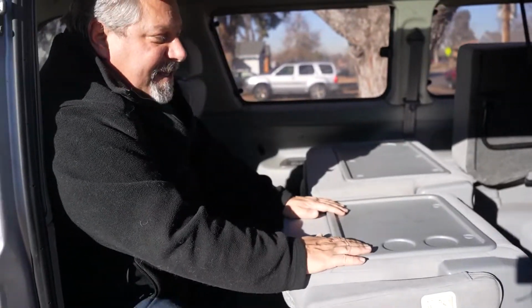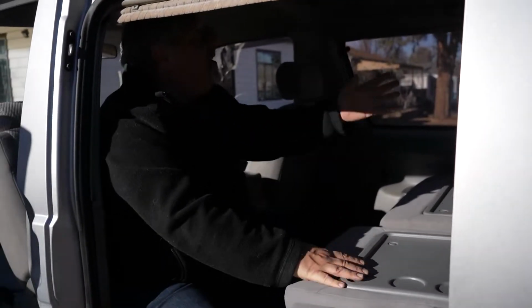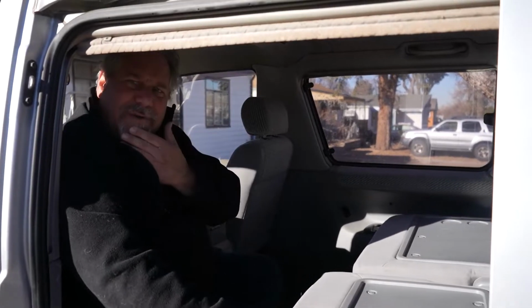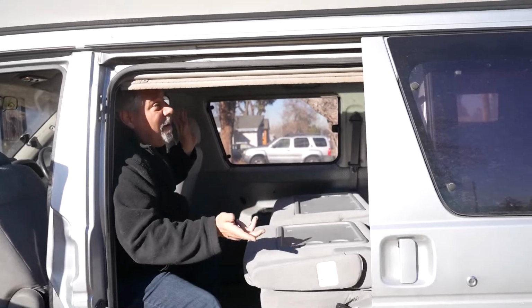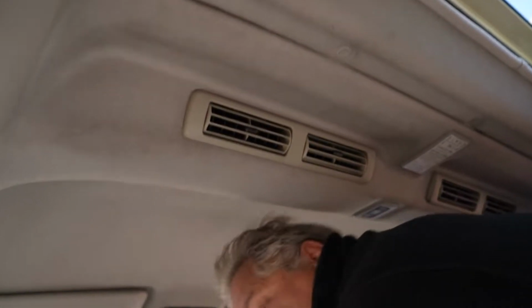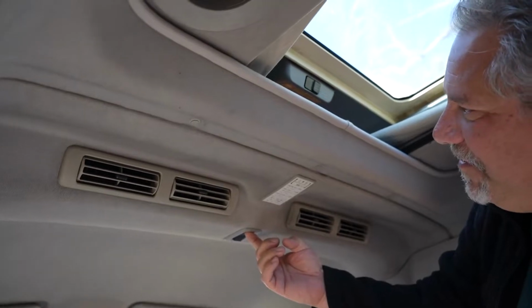The other thing is that the top pops. So you can stand on this, or you can put the seats up, but you can actually stand on this to get up here. You guys want to see the top up? The pop top's kind of like a devil operation. You have to have the emergency brake up, or it won't go up. And then it goes up. There you go. And then to go down,